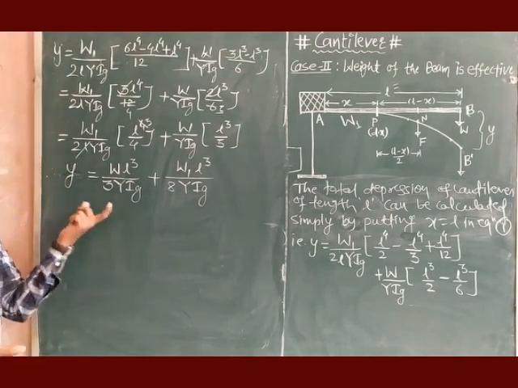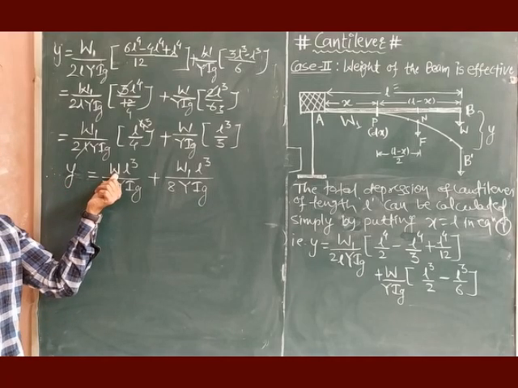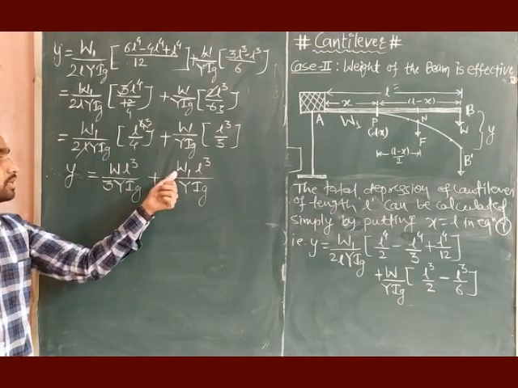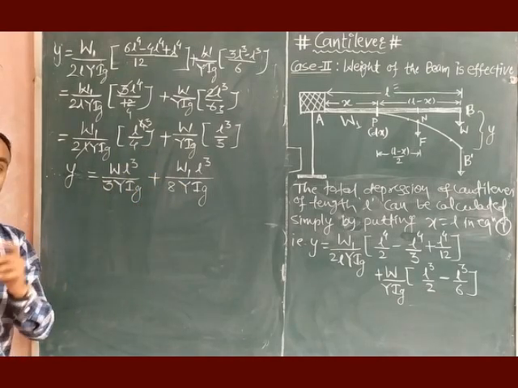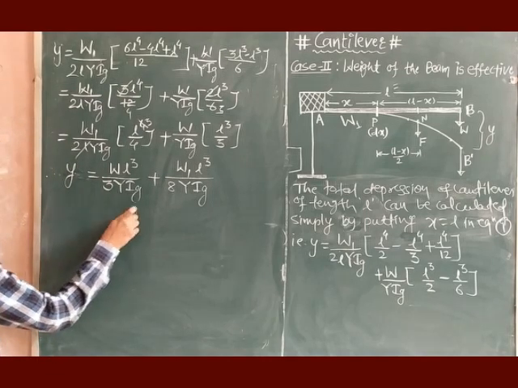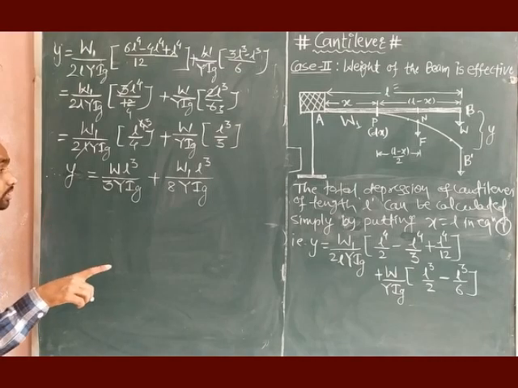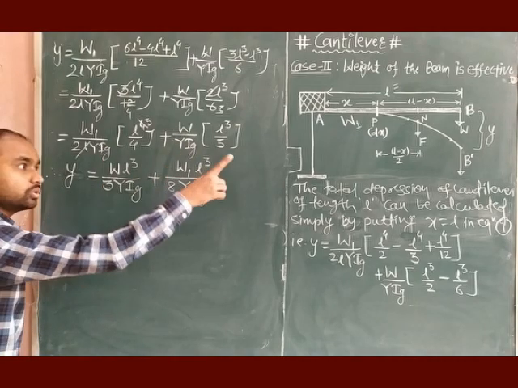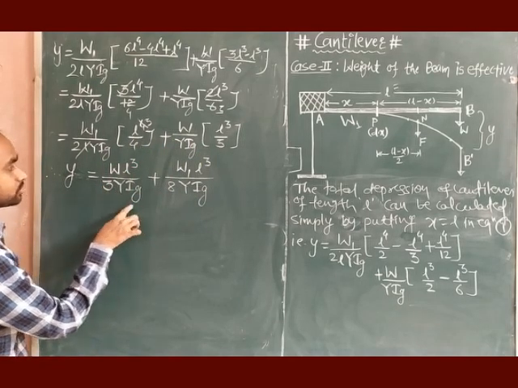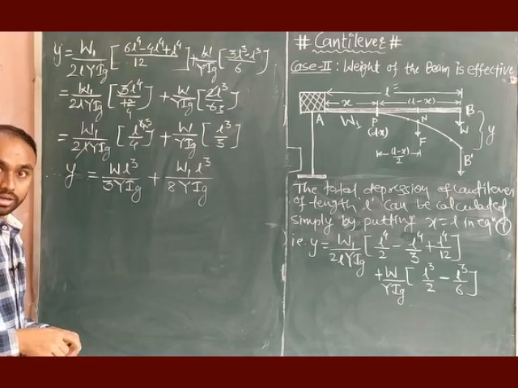Now see the first term and second term. So the first term is related to W, that means whatever weight we have attached, and second term, now just we have rearranged, W1. W1 is what? Weight of the cantilever. Now if you see carefully, this was the answer we already got in the cantilever expression, but where we have ignored the weight of the beam, that means the weight of the beam is ineffective, and that is what this one is, WL cube divided by 3YIG, right?